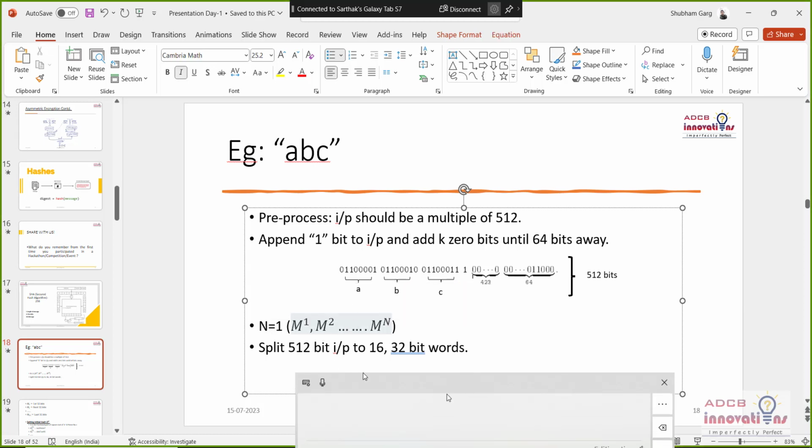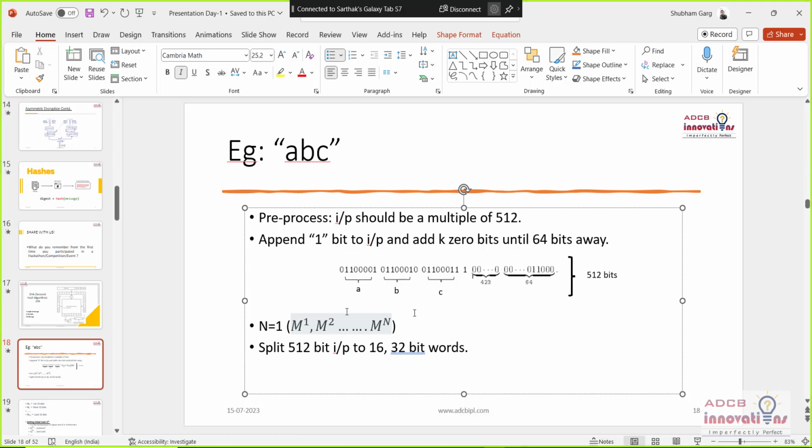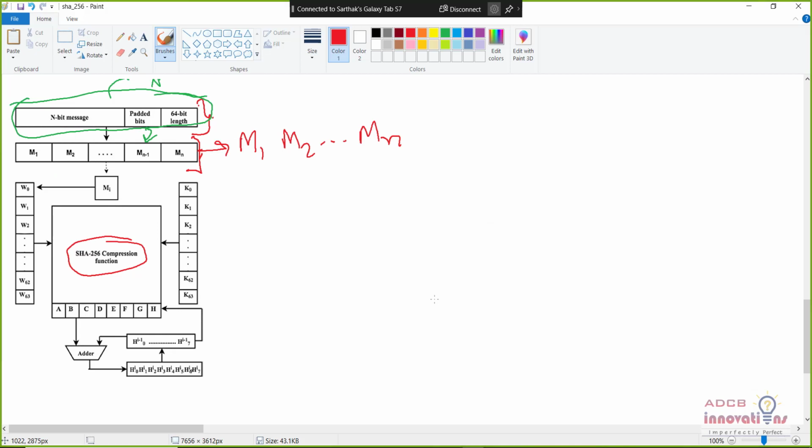This is written like this, that is m1, m2, mn, in the superscript, and in the diagram it was in the subscript. So now there is a bit of a difference: why it is written in superscript and why it is written in subscript. You see, when our input is actually the m, and m should be our 512 bits